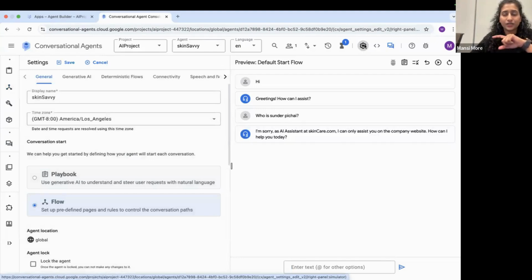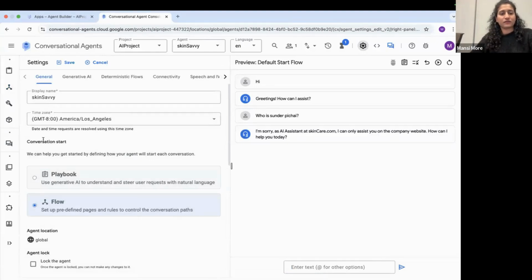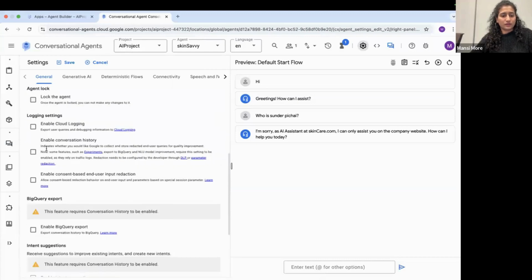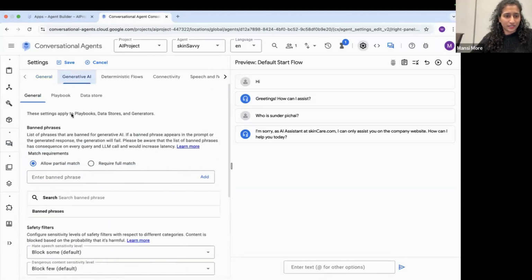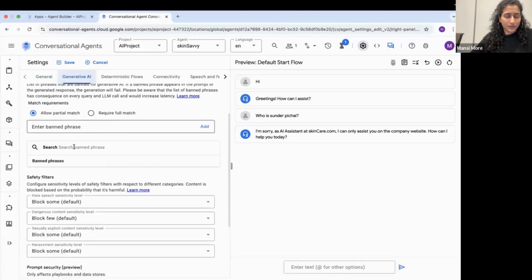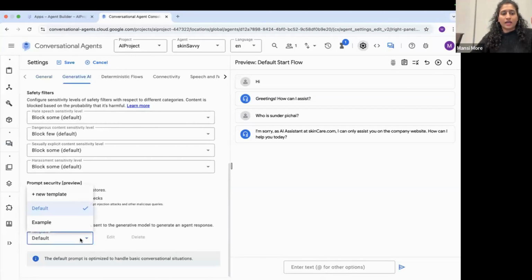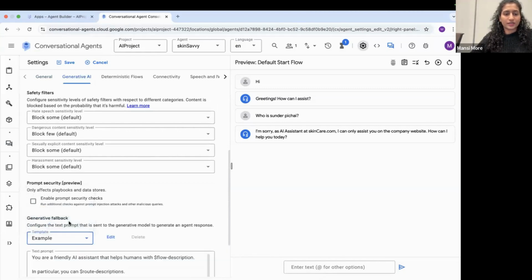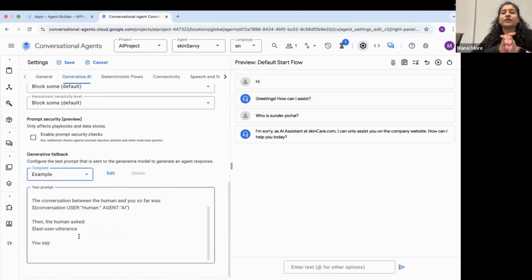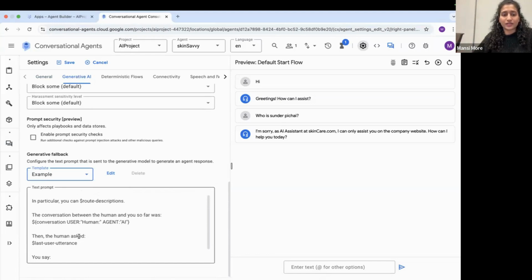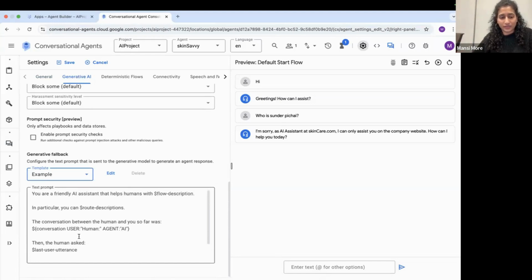You can see the settings here. You need to click on the settings. So yeah, this is generative AI. You can go through and check all the options we have here. In the default, you need to click on example. It will give you an example: if the chatbot doesn't have an answer to any of your questions, it will give you a proper template format.